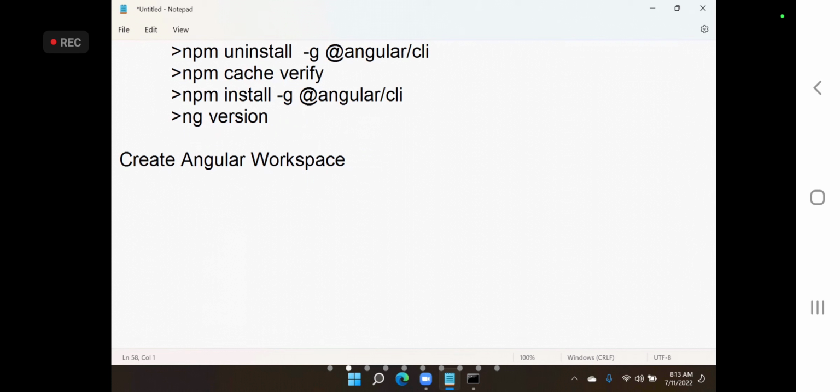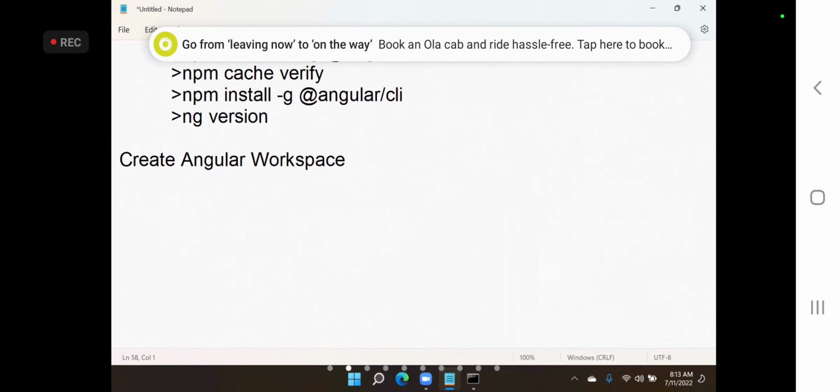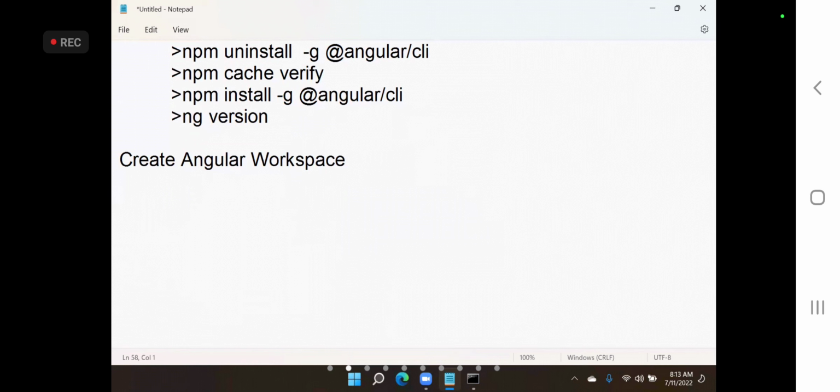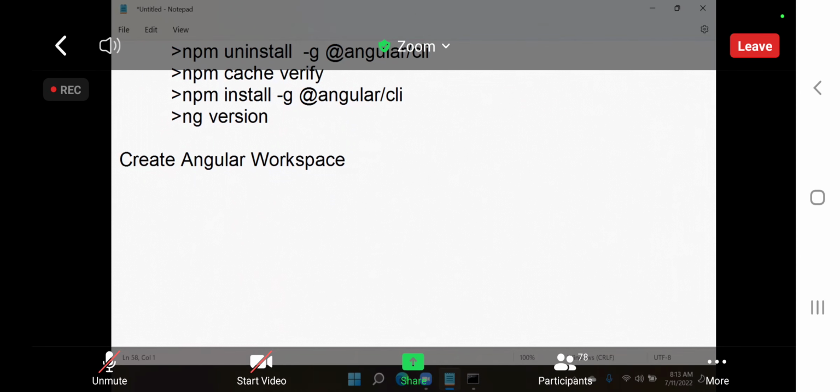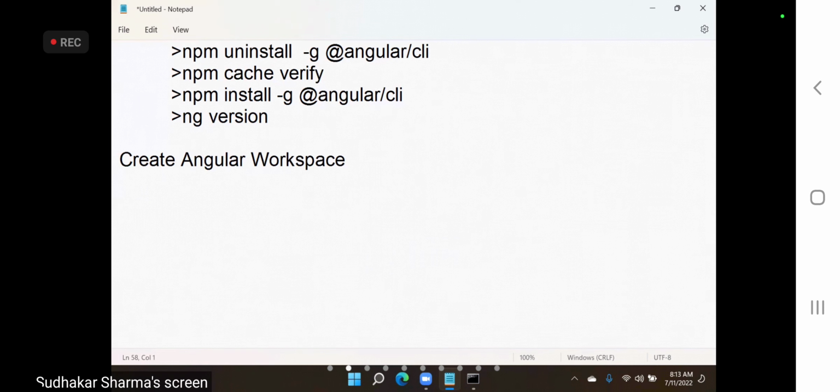Then here the commands will be a little different. So you are working in a larger area than a project. That means in a workspace, you can maintain multiple projects and you can share your library between projects. So we can collaborate multiple projects and use them also. So that is the reason commands will have a little bit of variation when working individually with a project versus working with a workspace, right? So now we are working with an Angular workspace.